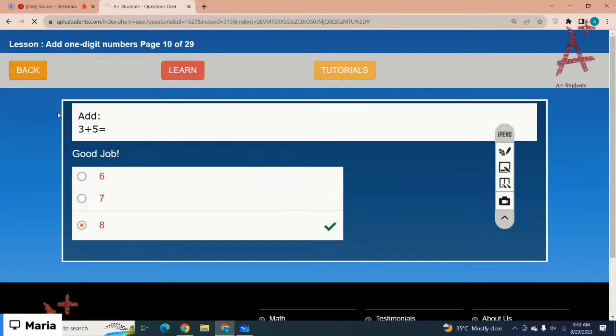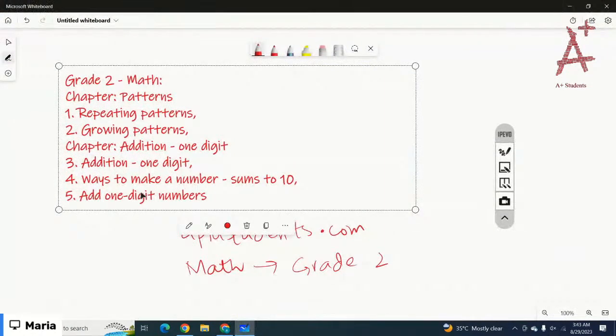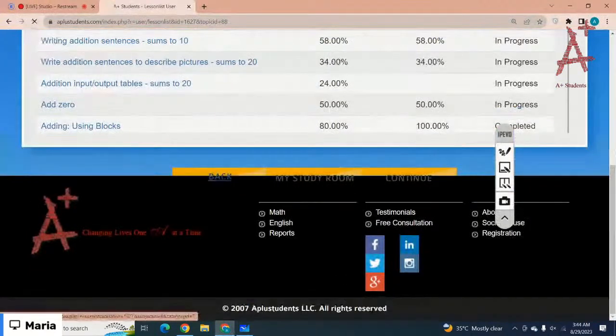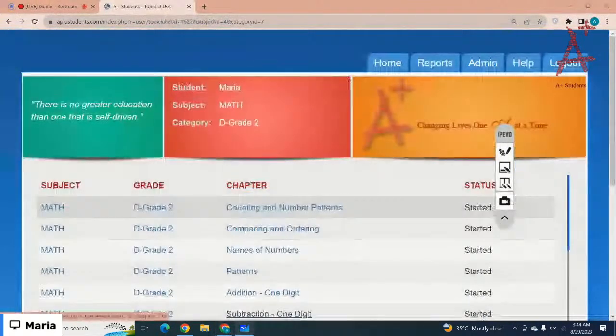So we're working on the grade 2 math chapter. We have started with patterns. The lessons we have covered from the chapter are repeating patterns and growing patterns. Then we have started the chapter addition one digit. Lessons we have covered are addition one digit, ways to make a number sums up to 10, and add one digit numbers. So please make sure before the next session you complete all the practice questions for the lessons